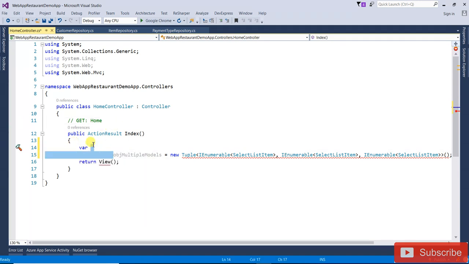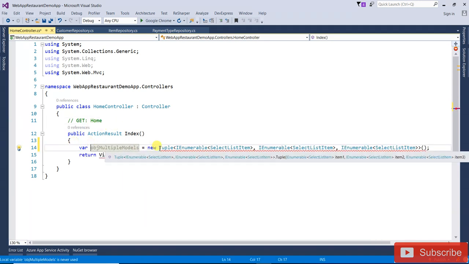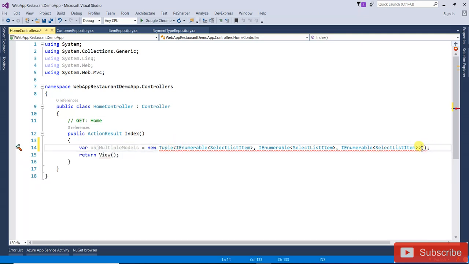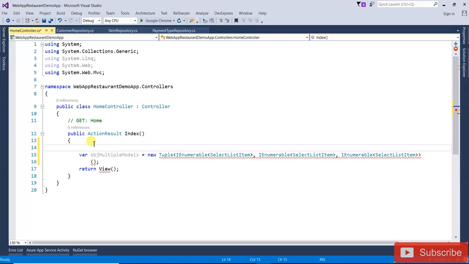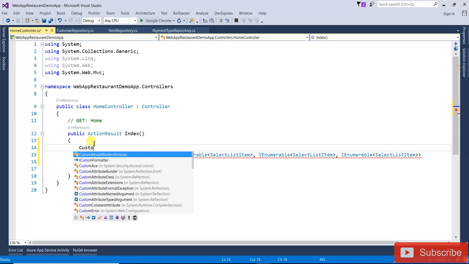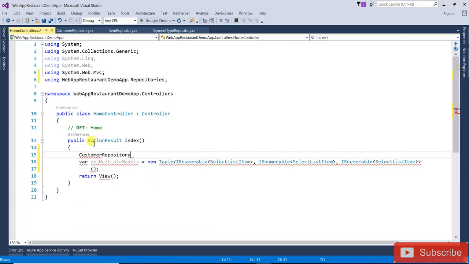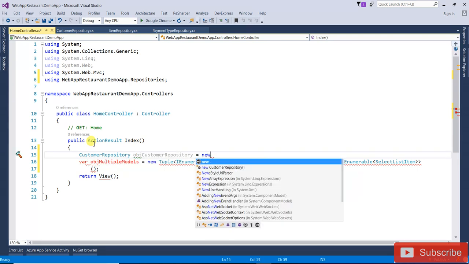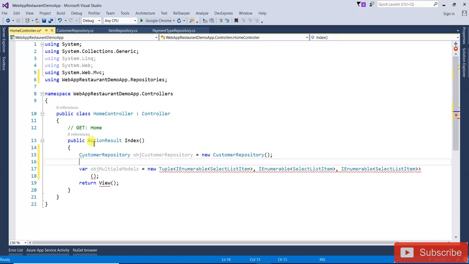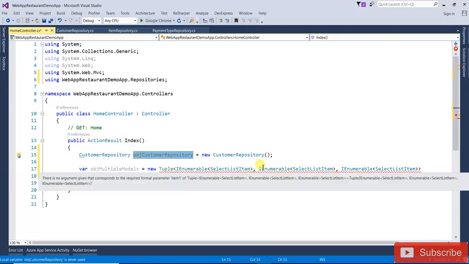Just paste it here. Okay, and this one we have to move to the new line, and here I'm going to create that repository for your customer repository. Customer repository, so obj customer repository equal to new customer repository, and this one first one is your,